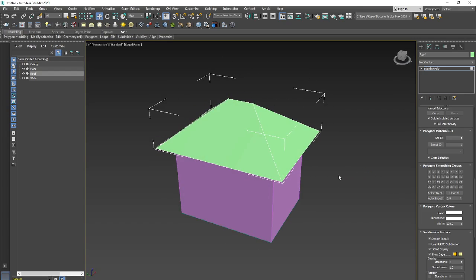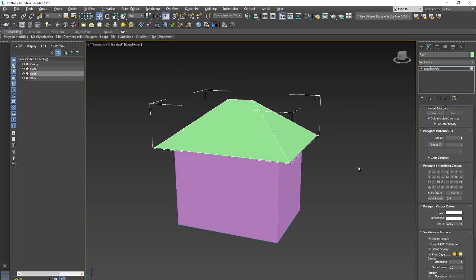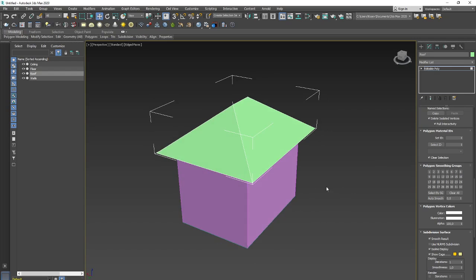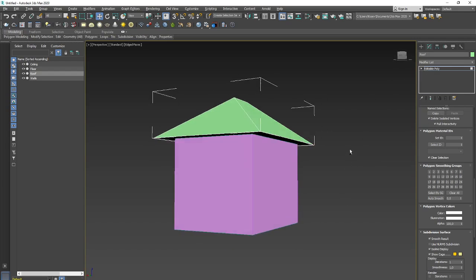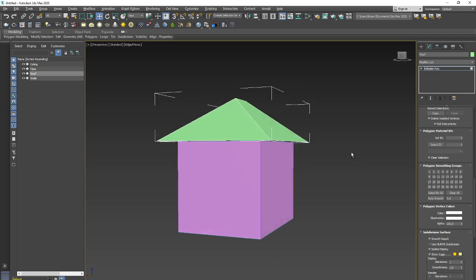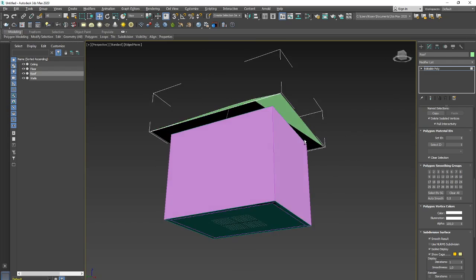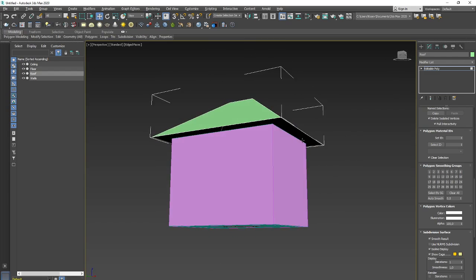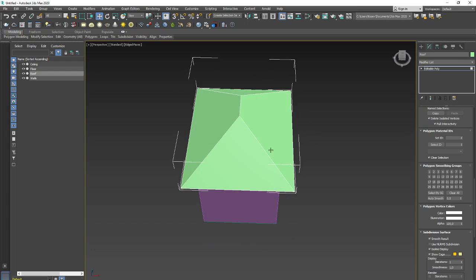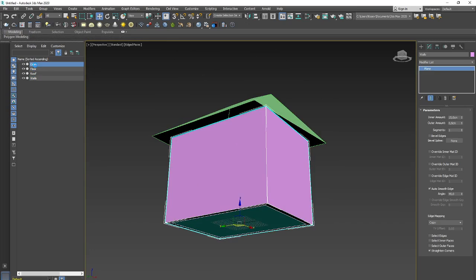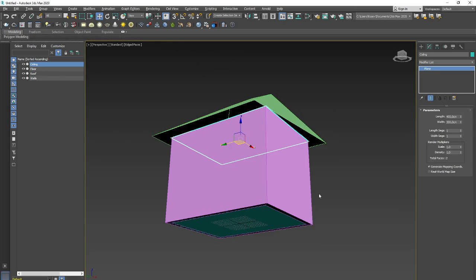Now we have very clear edges of this object, and maybe it's a good idea if we